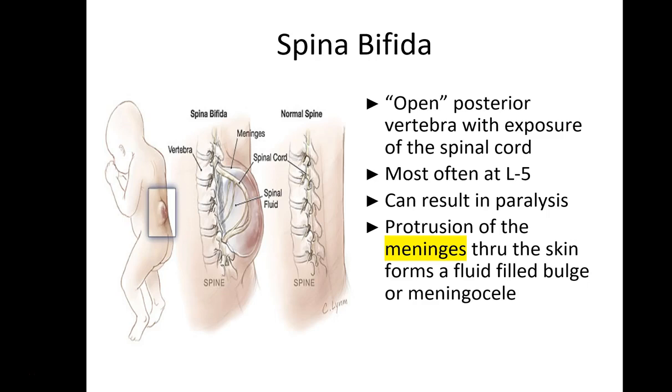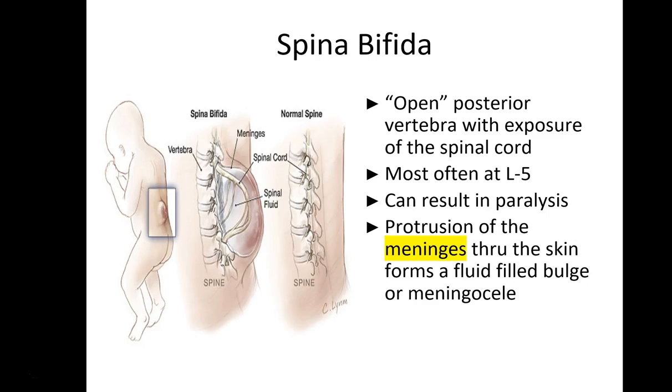Okay, so you don't have to write this part down, but I wanted to talk a little bit more about the meninges. So if you recall from A&P, the meninges are 3 membranes that surround the brain and spinal cord. And in mammals, the meninges are the dura mater, the arachnoid mater, and the pia mater. Cerebrospinal fluid is located in the space between the arachnoid mater and the pia mater, and that space is called the subarachnoid space. The primary function of the meninges is to protect the central nervous system,